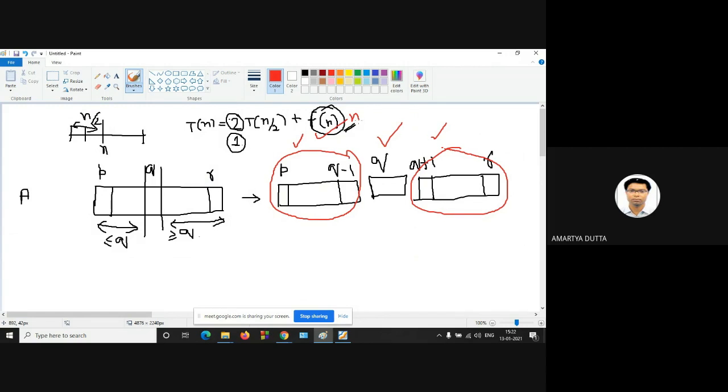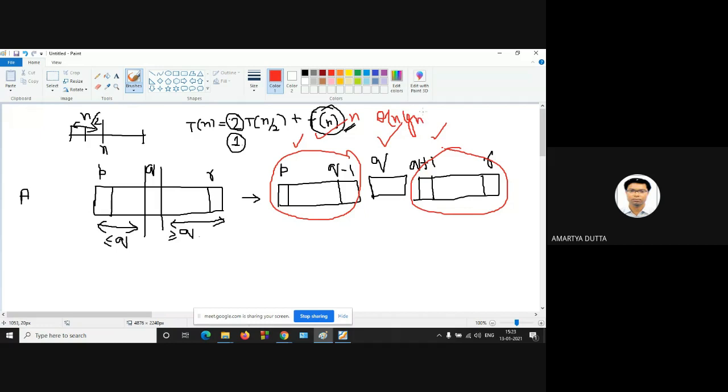Now, if you solve using the substitution method, recurrence tree or master theorem, T(n) = 2T(n/2) + O(n), it belongs to case number 2. If you use the master theorem, the final complexity will be order of n log n.